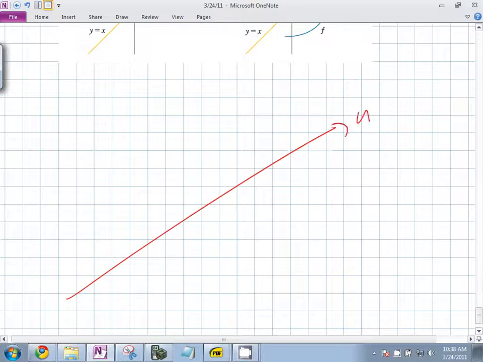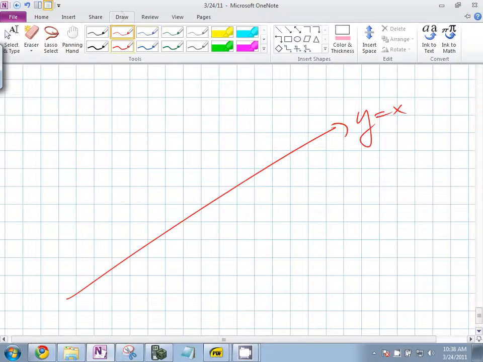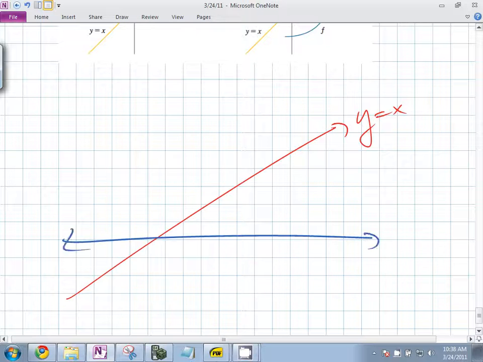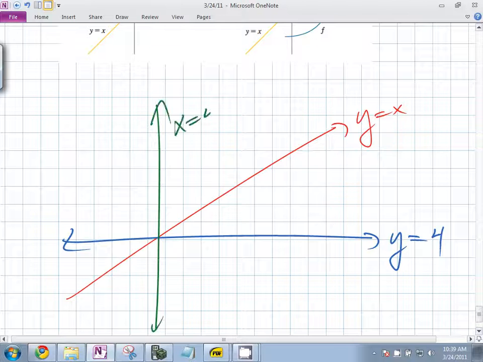What's the equation for it? x equals 4. These are reflections, right? And what's the reflection of x equals 4? y equals 4. But if you do a horizontal line test, that tells you if the function is a one-to-one function. If you take that whole function and flip it over y equals x, horizontal lines become vertical lines, right? So when you're testing a function to see if it's one-to-one, you're actually testing to see if its inverse